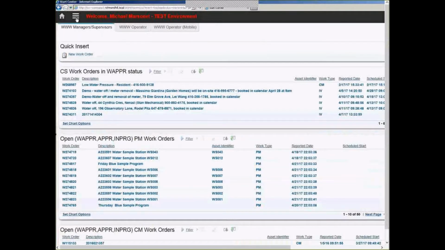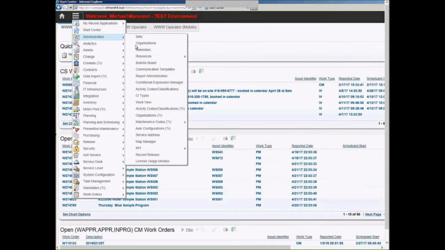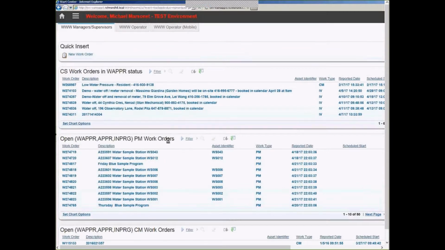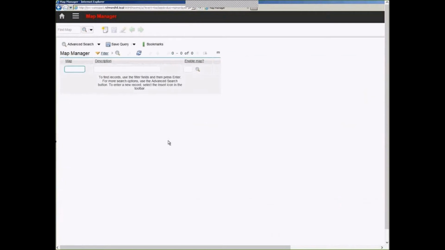Okay. So we'll go over here, and if we go to administration, now we'll see only one Map Manager application. So it's no longer Map Manager Spatial or Map Manager. We have one single application. So once we go into that application,